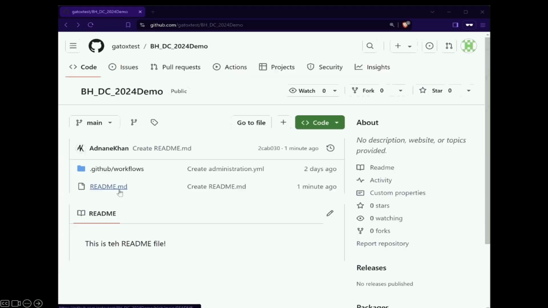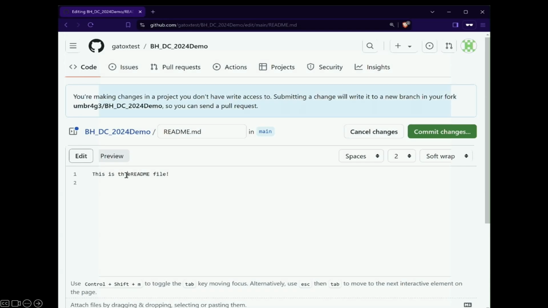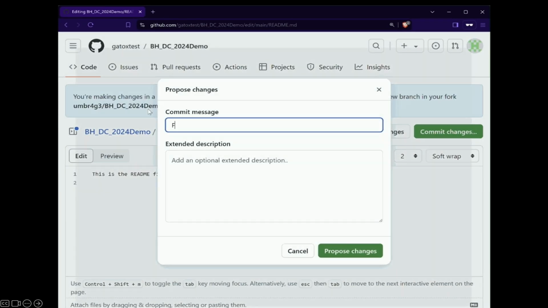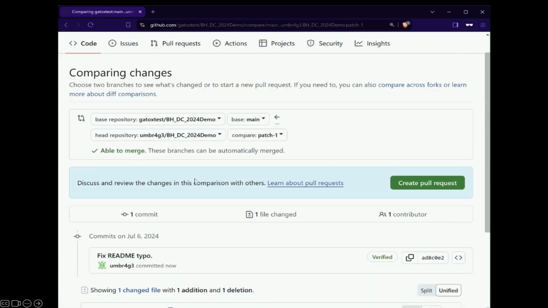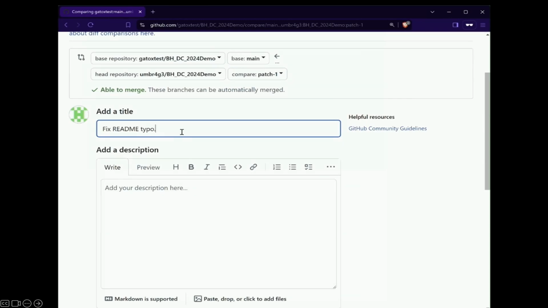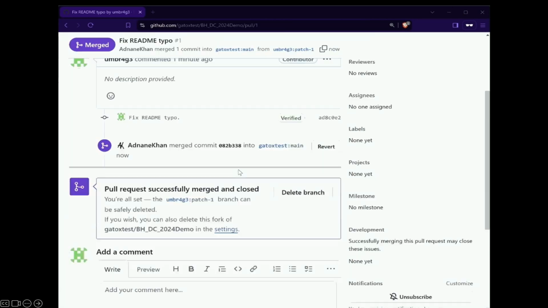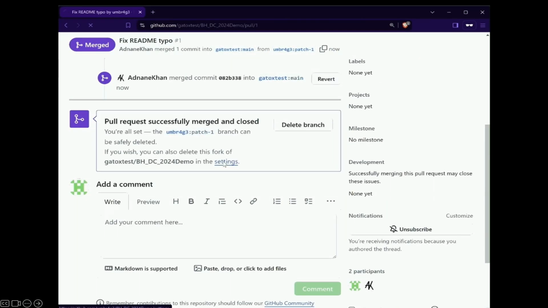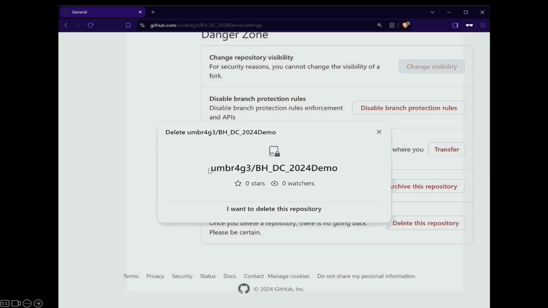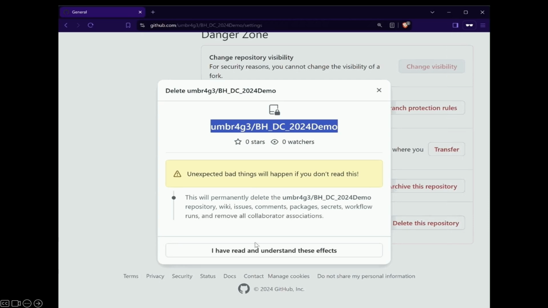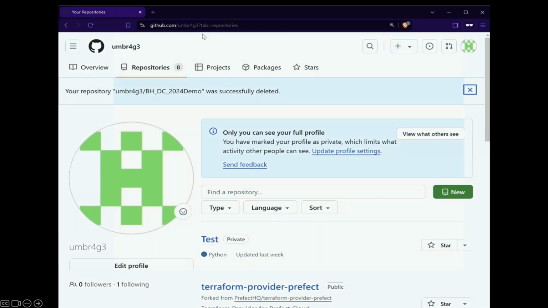Here, I'm enumerating a repository, and I've learned that it has a non-ephemeral self-hosted runner. Now I'm just going to go ahead and fix the typo. I create a pull request here with a typo fix. After making the pull request, I'm just going to jump ahead to it getting merged. Now it's merged in, and my user is a contributor. After having the pull request merged in, I'm going to go ahead and delete the fork, because Gato-x will make a new fork as part of the implementation payload. So go ahead and delete the fork real quick, and now switch over to using Gato-x.